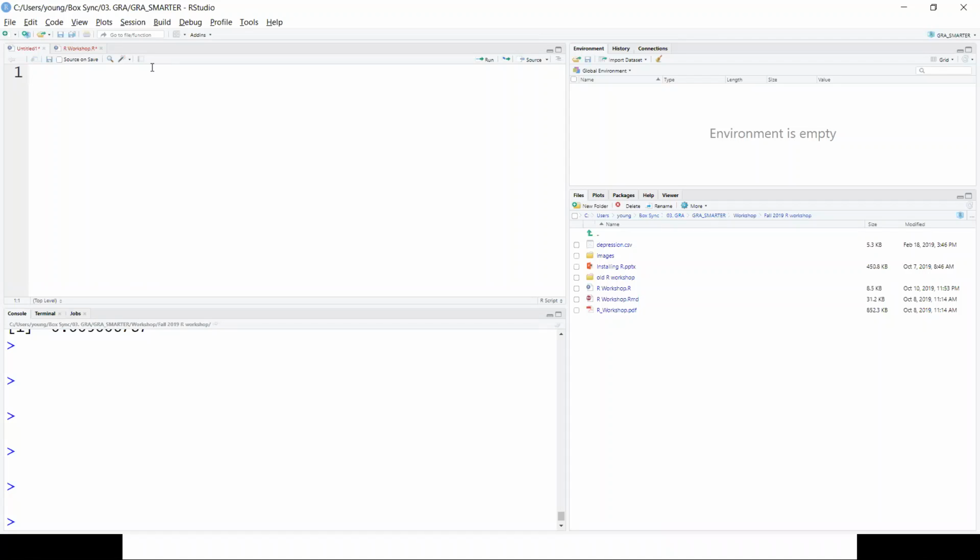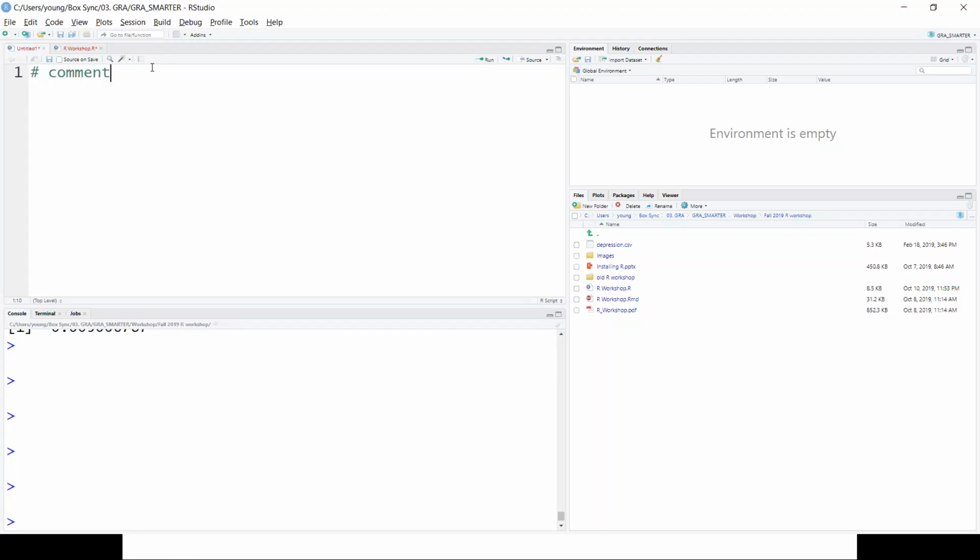For example, if you're writing code like the code I write, you may want to put in some comments that you just want to know. In that case, you can write a hashtag here and then put a comment like this. If you put a hashtag, this means a comment to R, so it will not run it. So you can put any comments that you want.